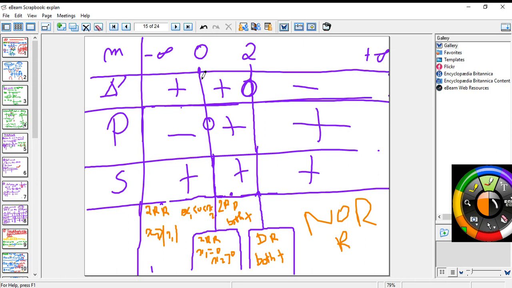Here I have delta positive, product 0, it means one is 0, sum positive means the other one is positive. Delta positive, two real roots. P positive, they have the same sign. S positive means both are positive. Delta 0, I have a double root. P will not help me here, I have the same sign, but S is positive and it means